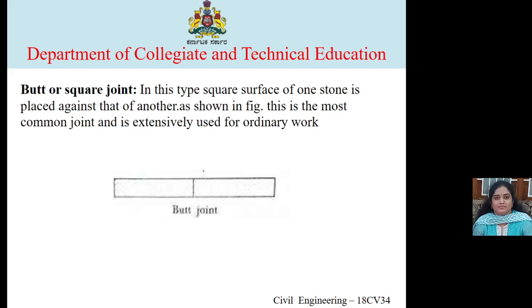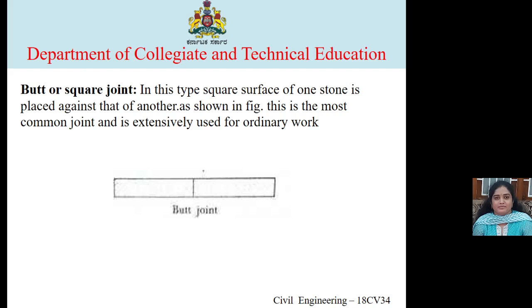Butt or square joint. In this type, the square surface of one stone is placed against that of another as shown in the figure.